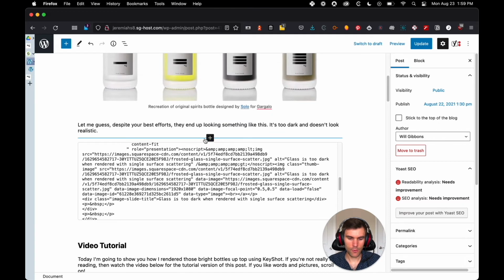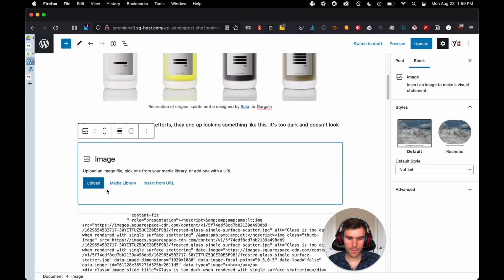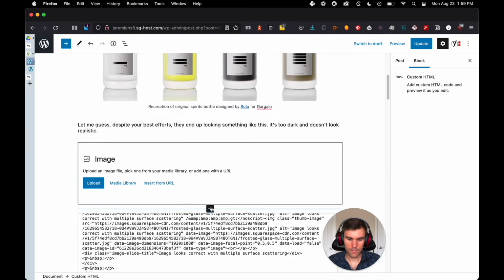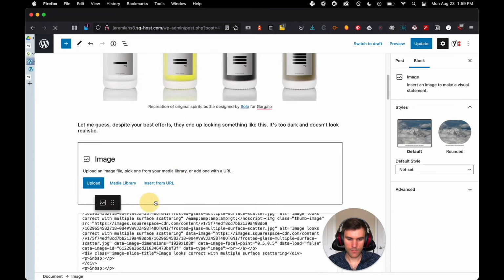So if you click on the little plus add block, then what we're going to do is we're going to say that we're doing an image, and then we're also doing another image below it. And if we grab this,